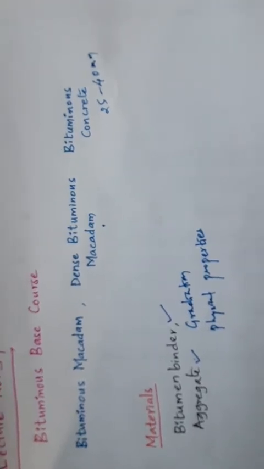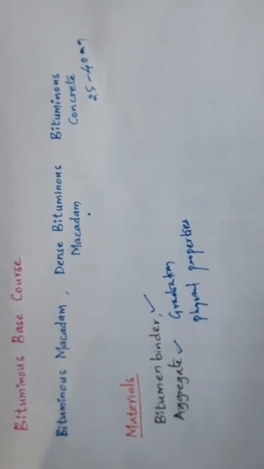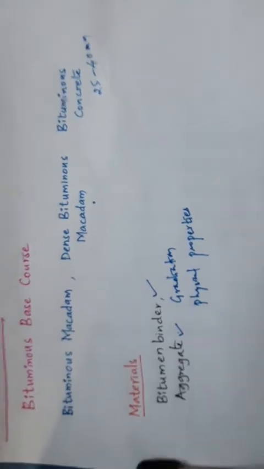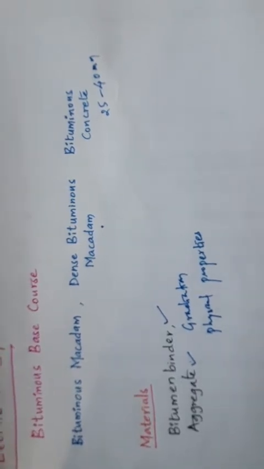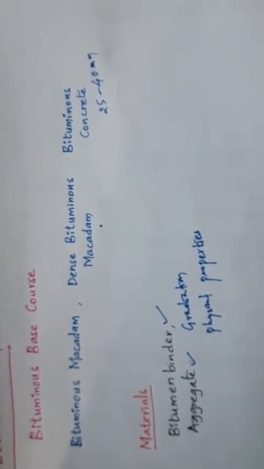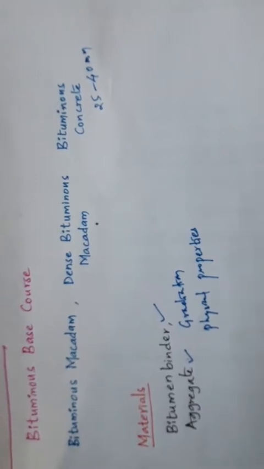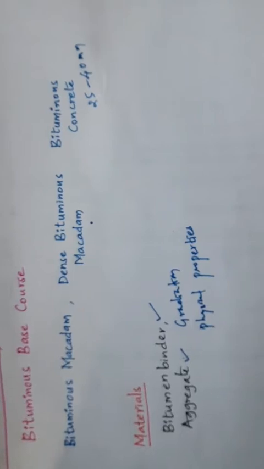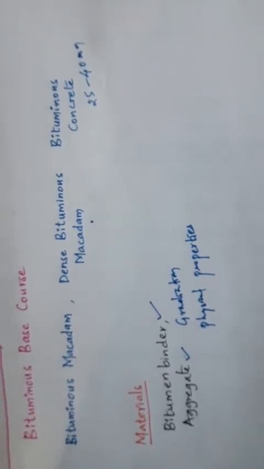Here again the materials are bitumen binder, coarse aggregates and fine aggregate. Again for the coarse aggregate we have the gradation and physical properties. The physical properties like impact value has to be less than 24%, Los Angeles abrasion 30%, combined flakiness and elongation index less than 35%, soundness of the aggregate has to be checked, then water absorption, and the adhesion with the bitumen coating. All the physical properties of the aggregates have to be checked. Later, according to that, the gradation is going to be prepared.